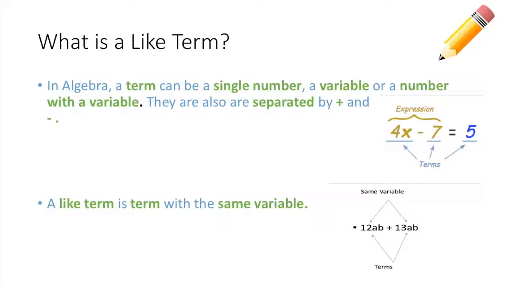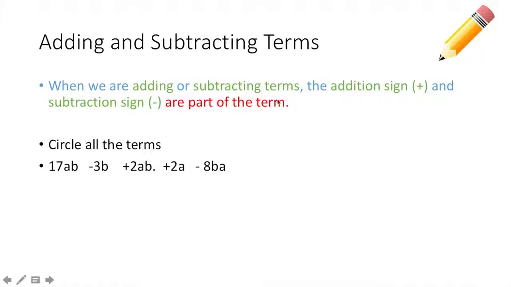In algebra, a term can be a single number, a variable, or a number with a variable. They are also separated by the addition symbol and the subtraction symbol. A like term is a term with the same variable. As you can see on the diagram here, it shows that there are two numbers with the same variable, here and here. When we are adding or subtracting terms, the addition sign and the subtraction sign are part